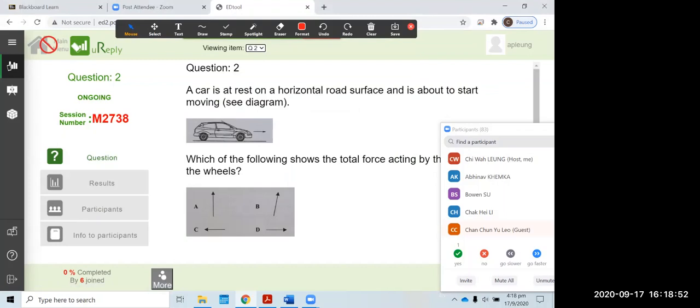And question number 2 is asking you about the frictional force acting on the car, or the total force acting on the car. So I would be leaving behind the